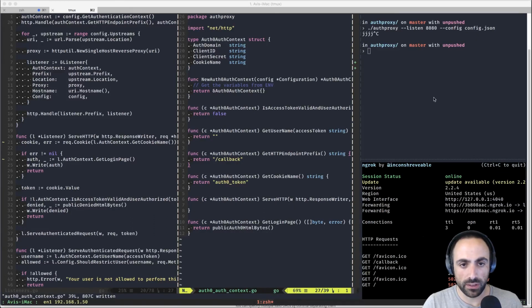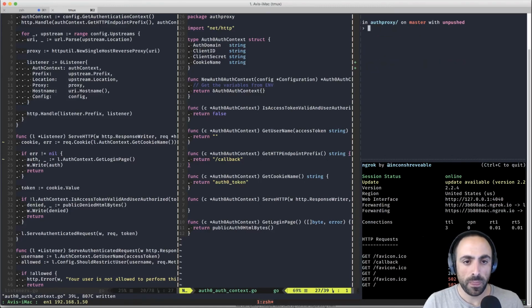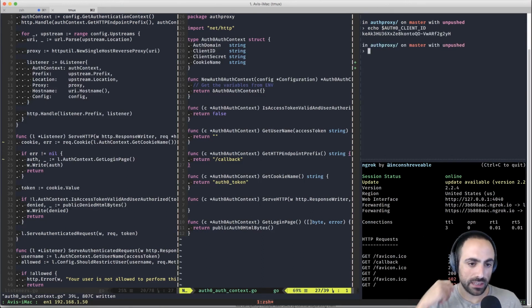And then I can source the dot auth0, and echo auth0 client ID, and you can see the client ID here.